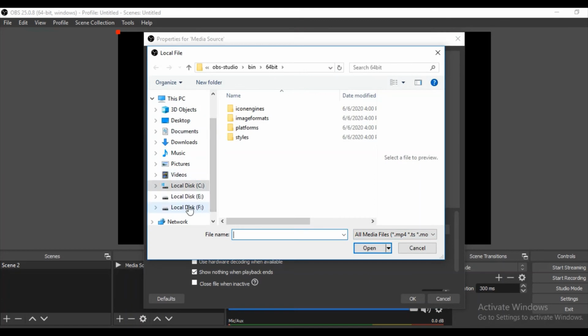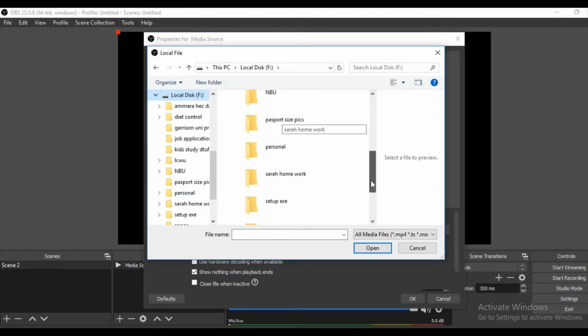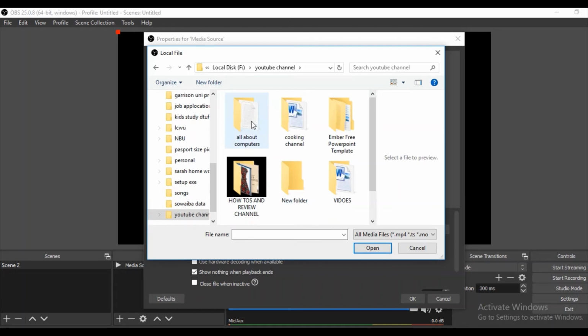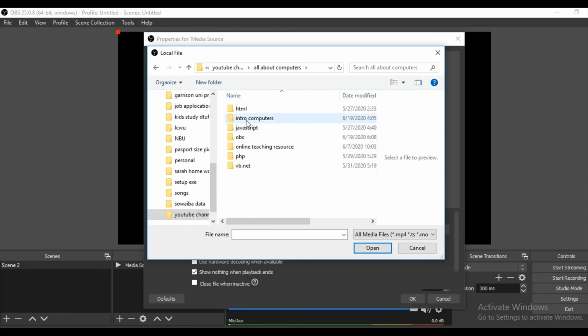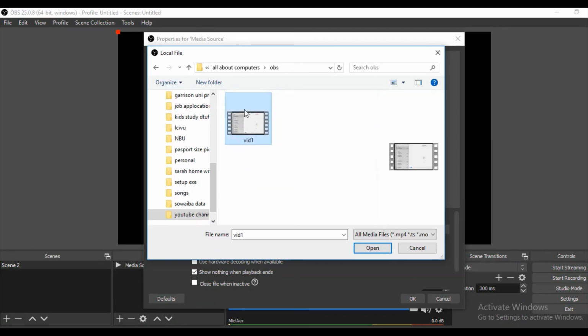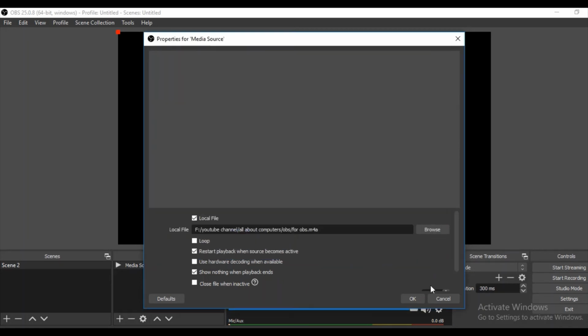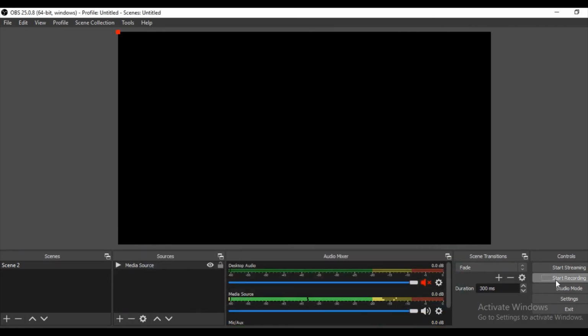We are going to browse, and inside F and OBS, we have this sound clip. Sorry, all media, right? This sound clip we are simply going to add, and we'll start recording.